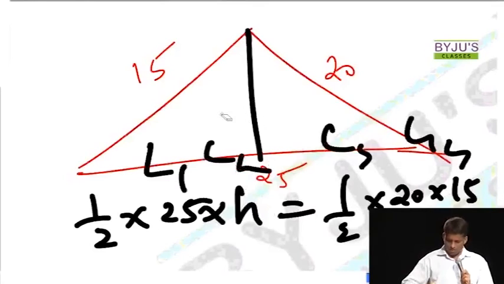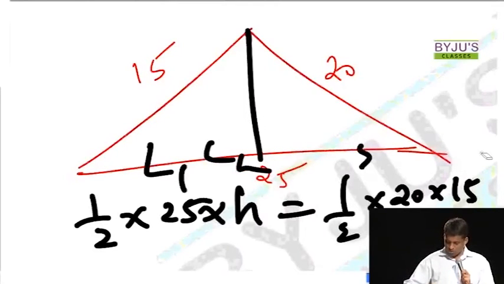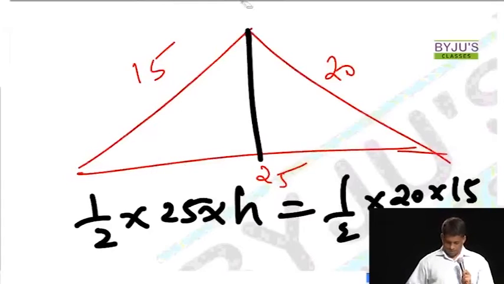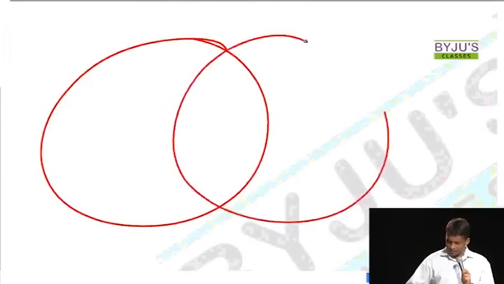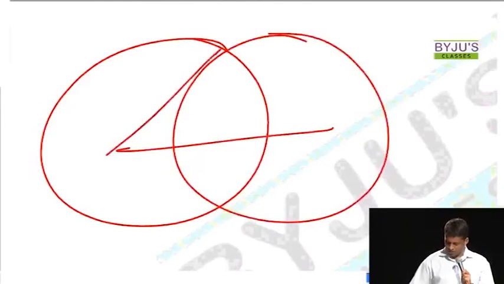Now, it's too easy a question for you to get in the paper. So what they'll do, when they're making the questions, is put the same diagram and put two extra circles which are actually not required, just to make it look difficult. This is an actual CAT question. This is how the questions are made.